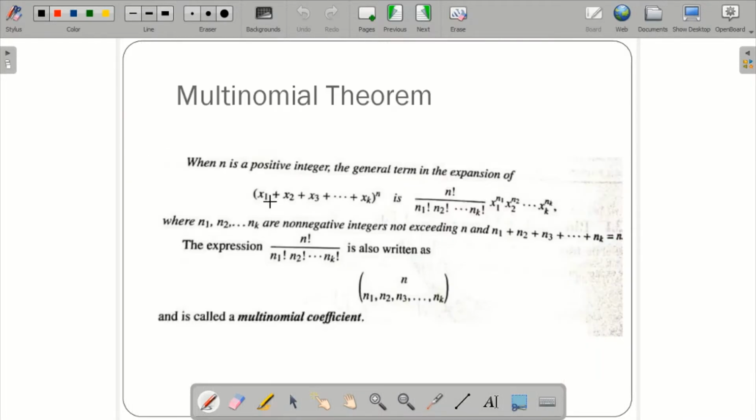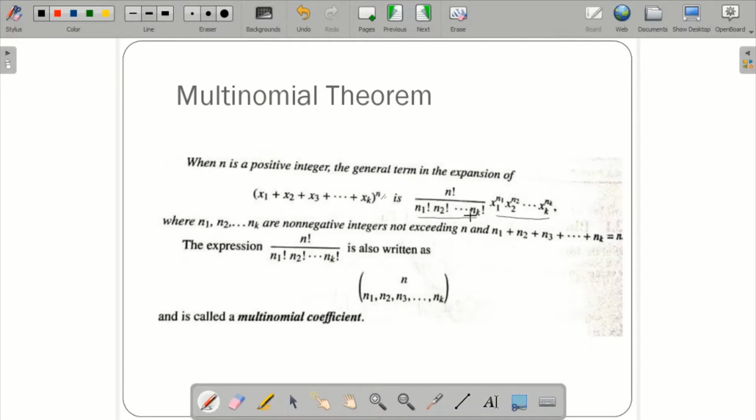So when you have an expansion of this form, that is, when you have more than two terms like x1 plus x2 plus x3 and so on till xk, to the power n, then this is the coefficient for all the individual terms. So we had already solved this type of problem. The expansion is x1 plus x2 plus x3 plus so on till xk to the power n. Then you should write the coefficient of these individual terms as n factorial divided by n1 factorial, n2 factorial, and so on till nk factorial. So this will be the coefficient, where n1 to nk are all non-negative integers,